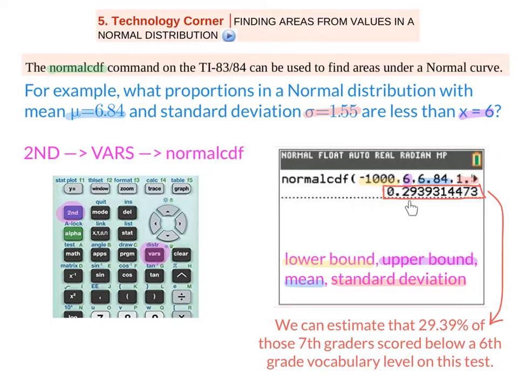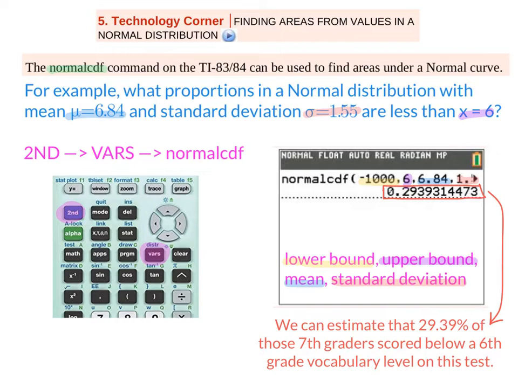We still have that x is 6 there, that upper bound that we're trying to find the area from, essentially 0 to 6, really. And then now we're entering our mean is 6.84, so that's not going to be 0. And then our standard deviation is 1.55, which goes right here. Obviously, it's a long string. Calculator's not going to show all of that. So same deal, different mean, different standard deviation, slightly different